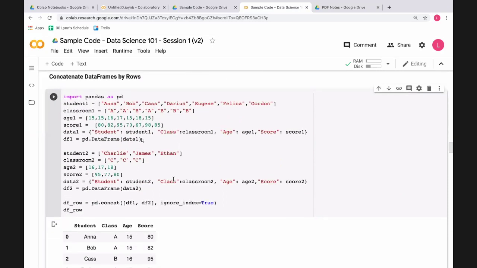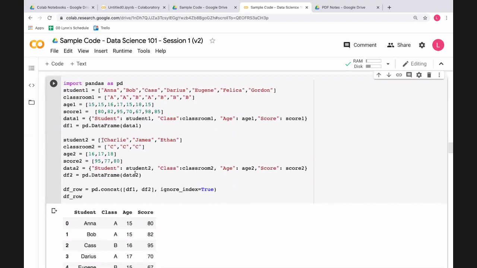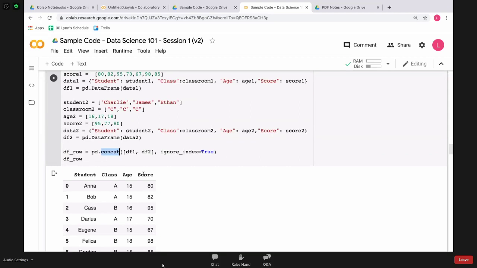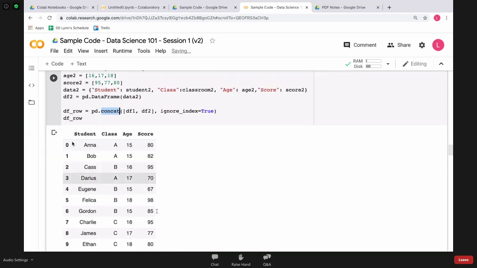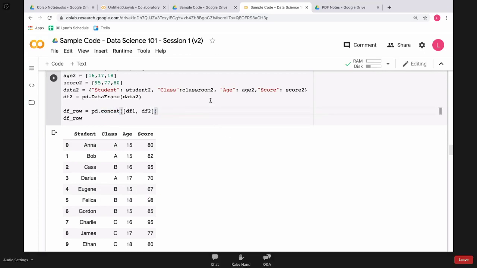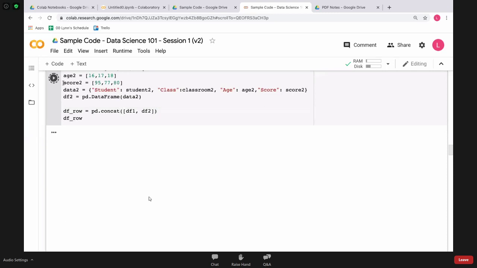So you run this, right? You'll join the two data frames together using this concat function, and you get class A, B, and class C. Okay, I'm joining these two data frames using this. And then what happens if I don't add in this thing here? So I remove the ignore_index equals True. When I run this,